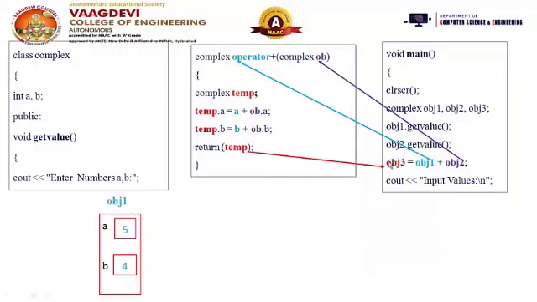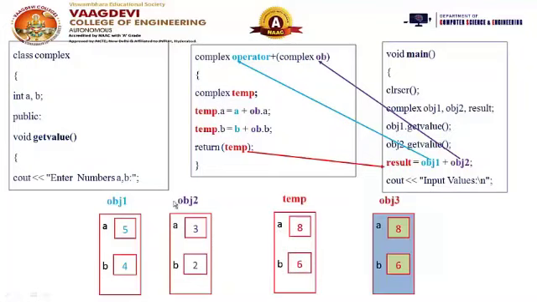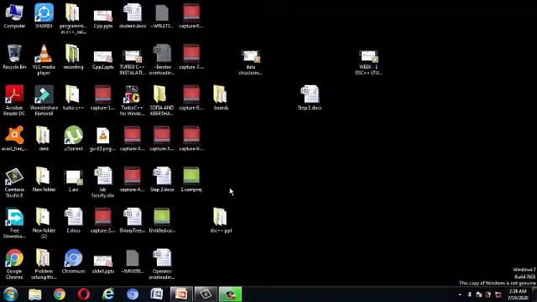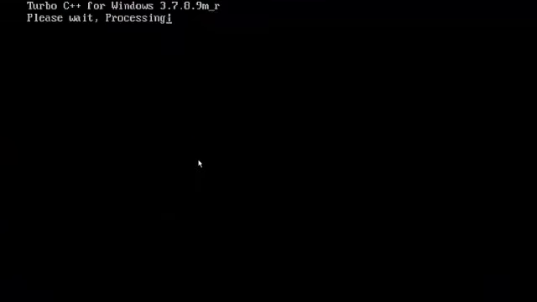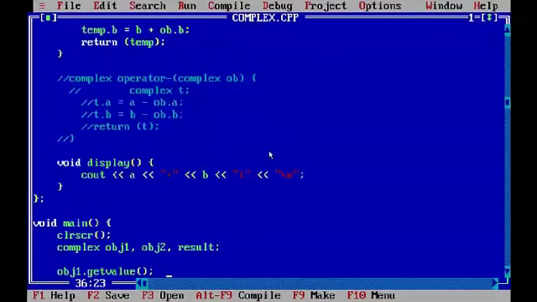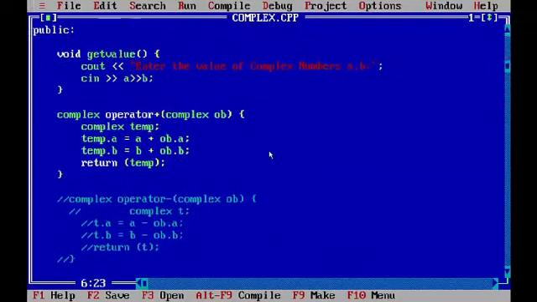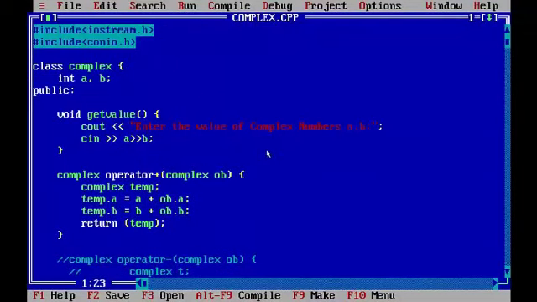Now we go to the execution part of this program. To execute this program, just double click on the Turbo C++ compiler. Here I have already written the code on my workspace.